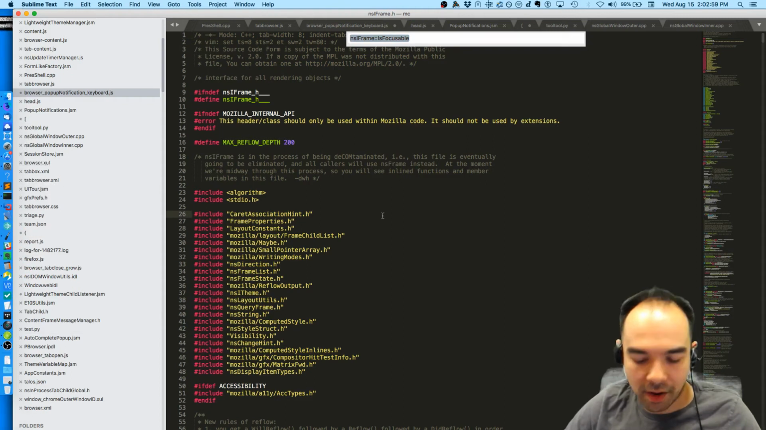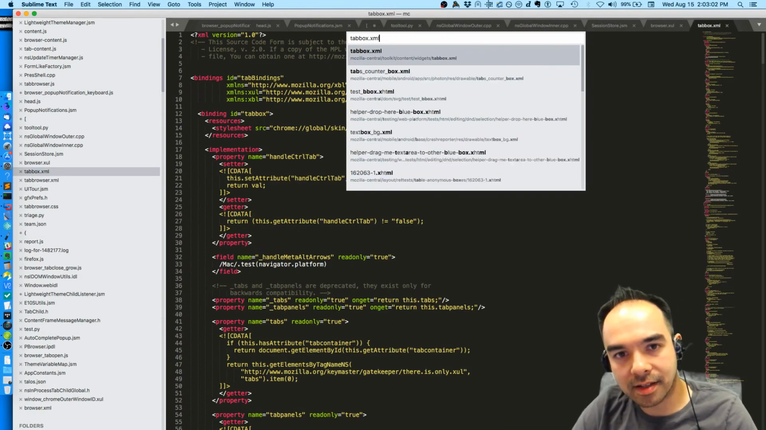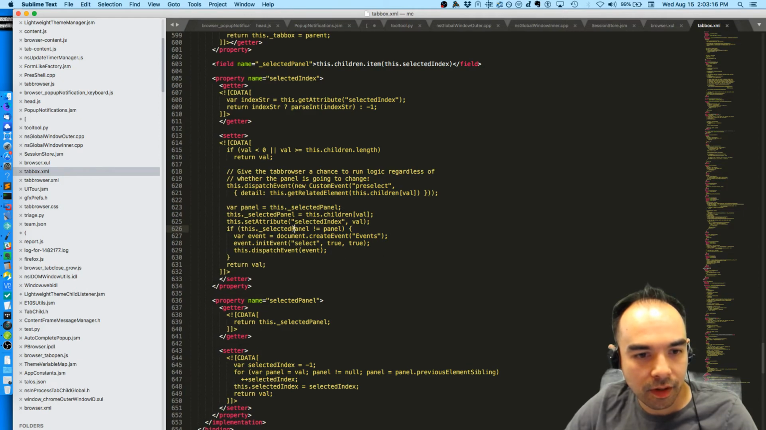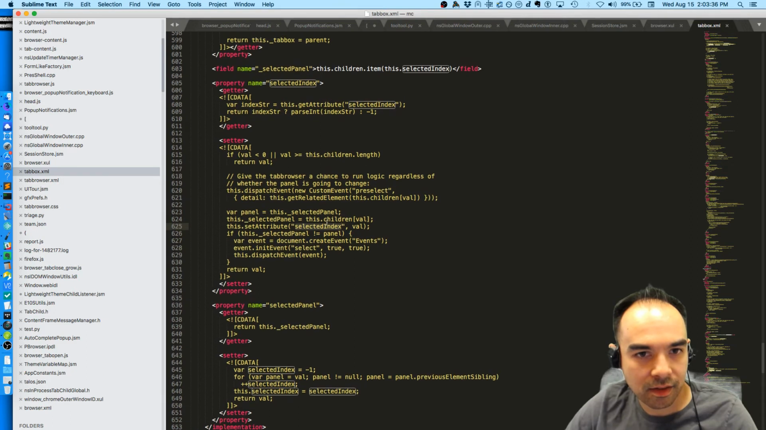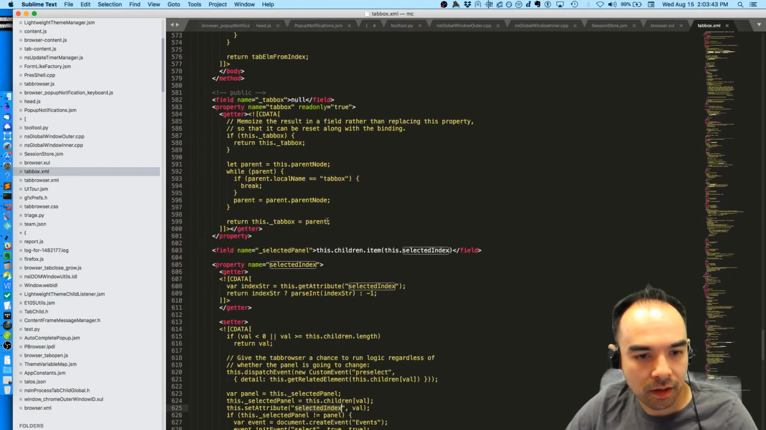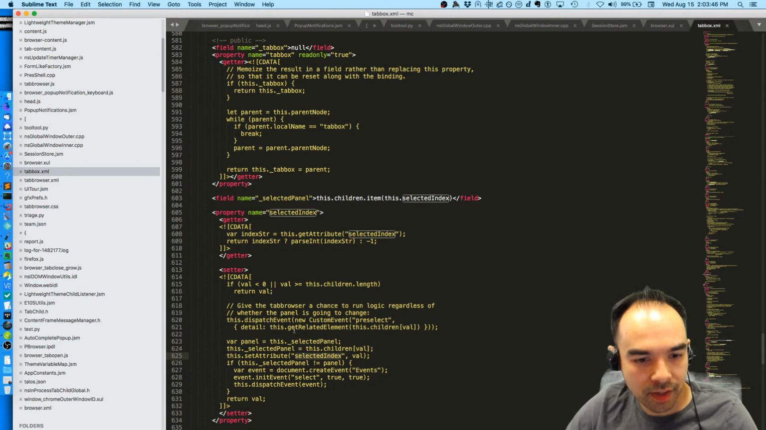When is the select event fired? If we look at tabbox.xml, the select event is fired right after we set the attribute to a certain value. The selected panel, set the selected index, selected index. Setter, pre-select,